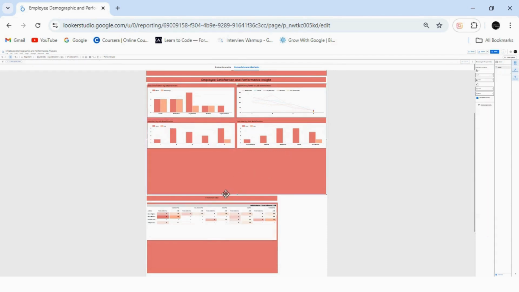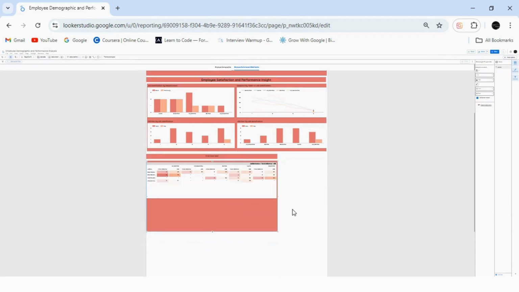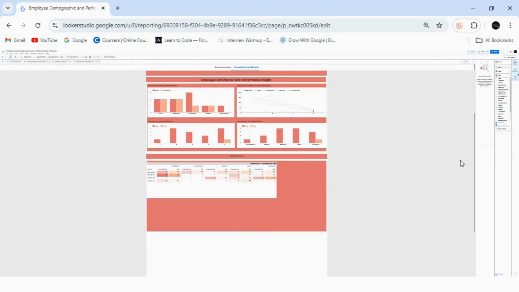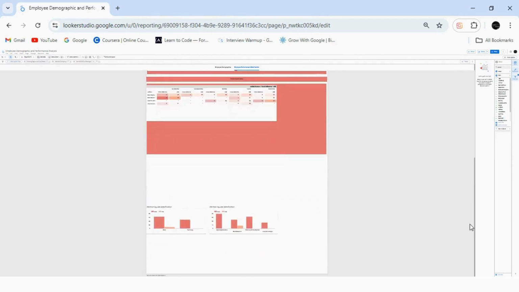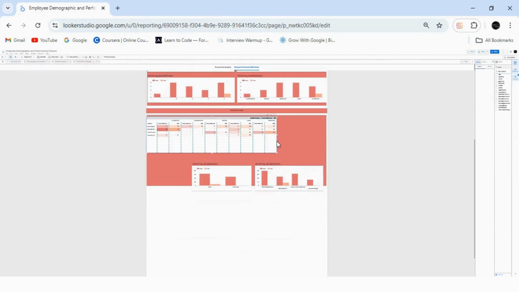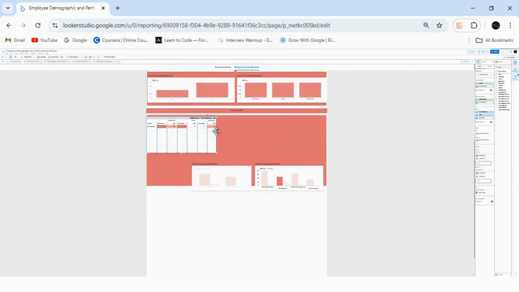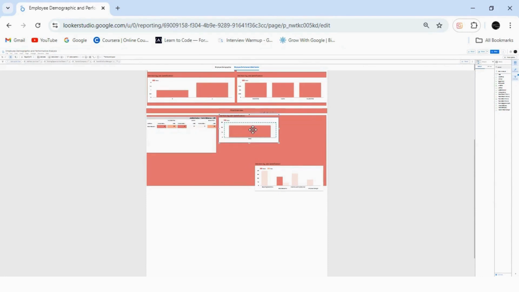Now I'm making its background slightly less, and for the last part of the visualization I'm making its background a little more in width. I'm just adjusting the visualization over there. As we have the visualization over